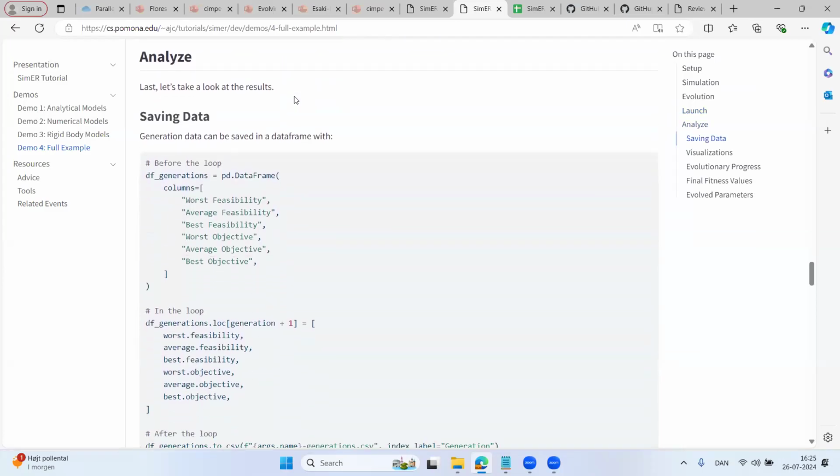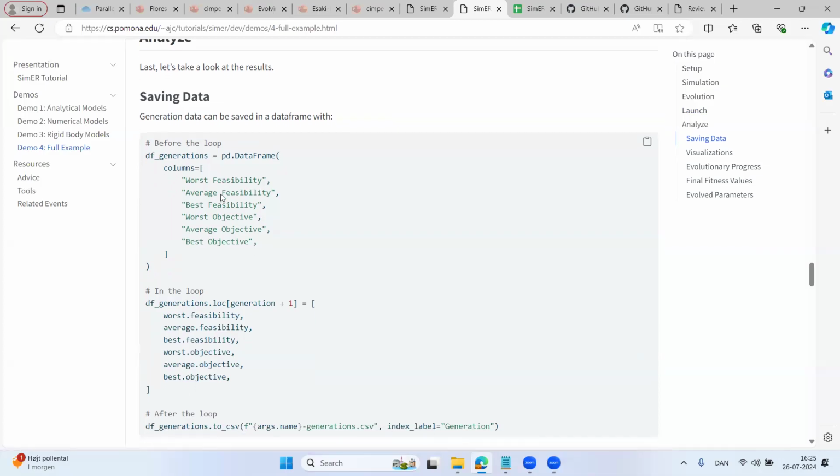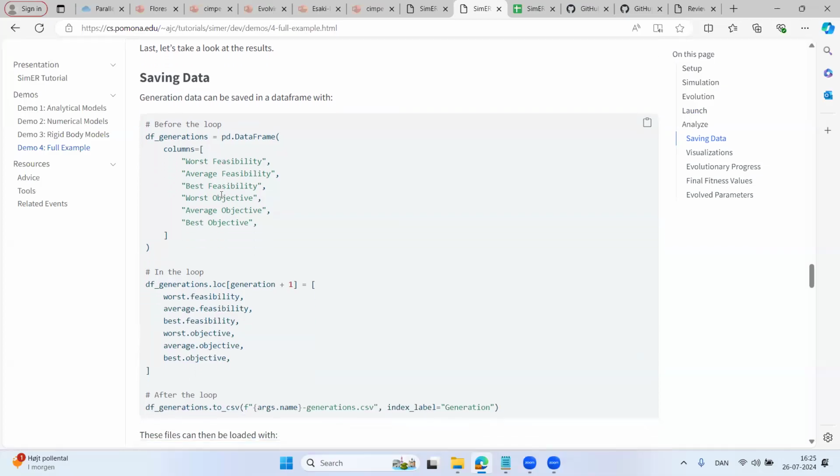So for saving the data, this is probably also not news, but pandas data frames or polars data frames are a good way to do that. And save as much data as you can is sort of the theme of it. You'll almost never save too much data or run out of space with just text files. So I'm saving fitness values and feasibility values for every generation.